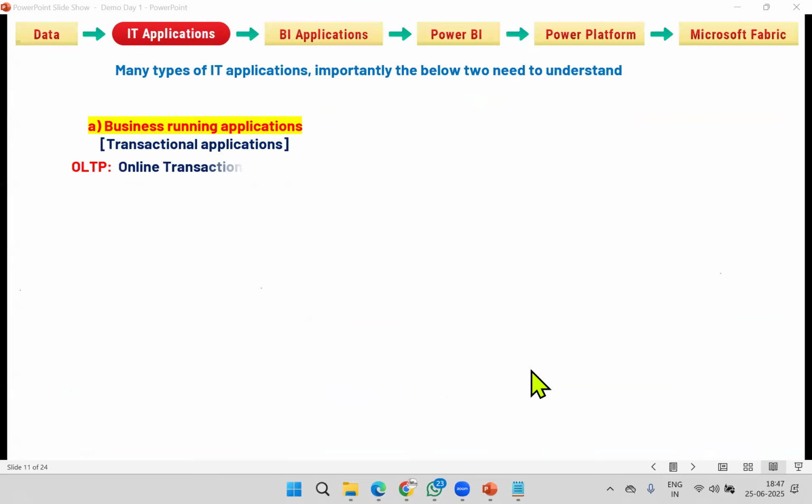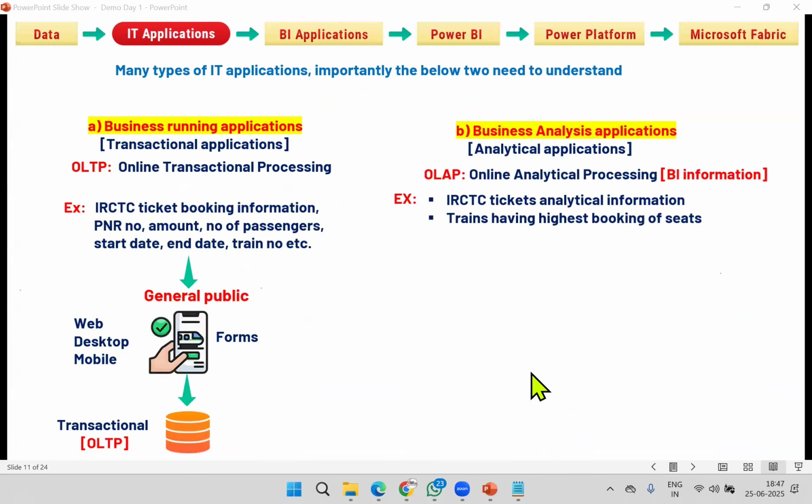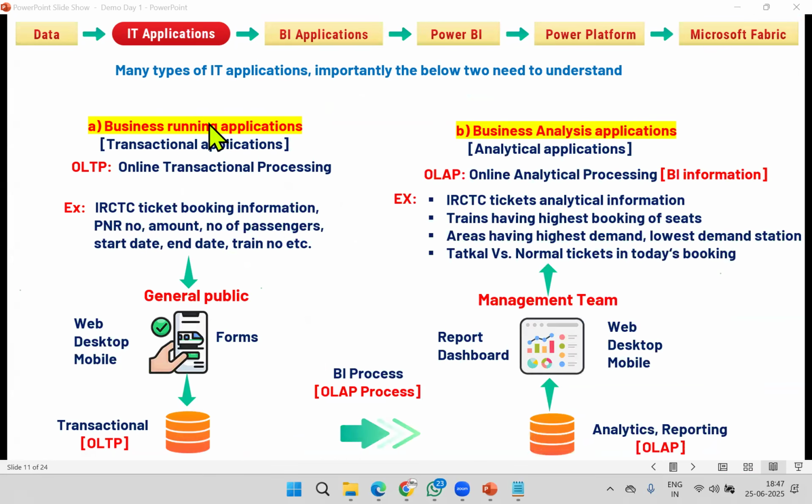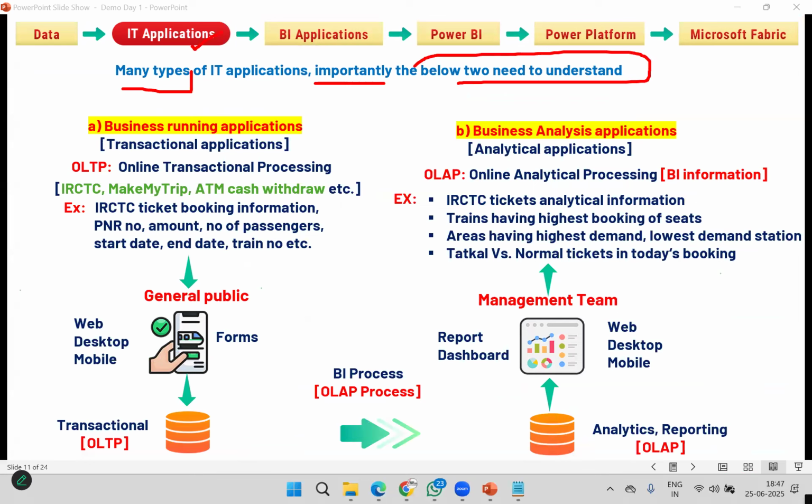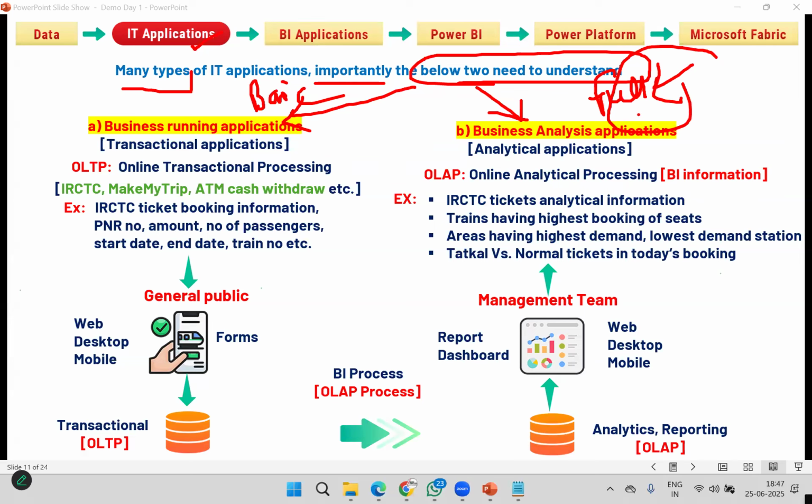Next, IT applications. Actually, many types are available, guys. I'm directly talking about IT, but you need to focus on two types. This is the first type, this is the second type. Get some basic understanding of this, and full understanding of this, because this is the environment you belong to.